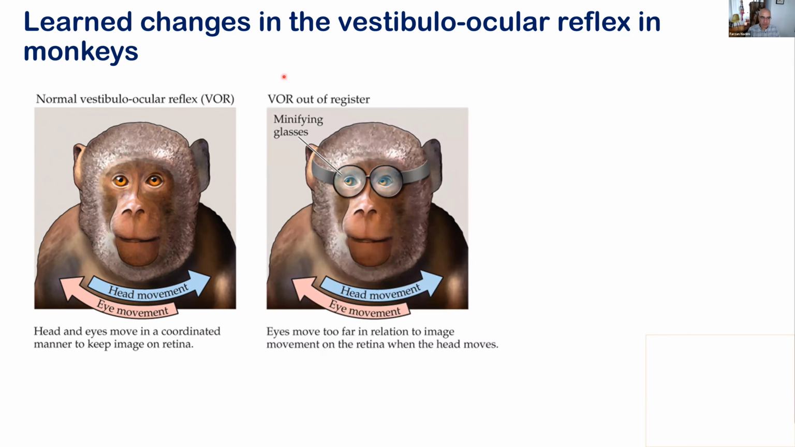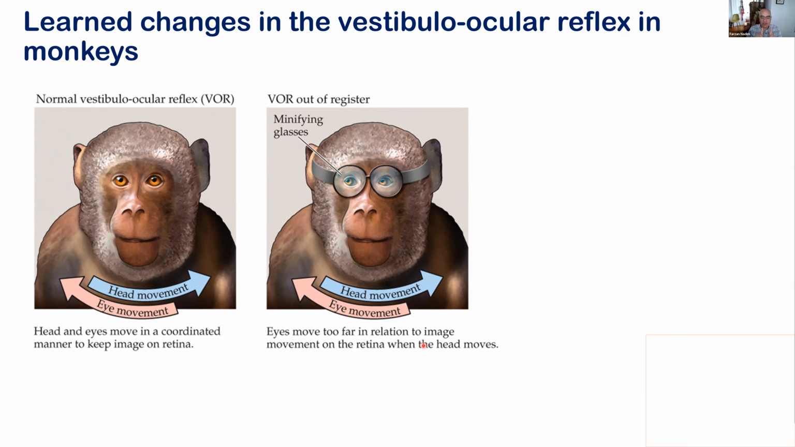And in an animal that is normal, you can put a pair of glasses known as minifying glasses. So if you know what magnifying glasses are, minifying glasses are the opposite of that. So when the animal is moving their head, the field that they see in their vision is moving more than they expect. So the eyes move too far in relation to the image. Okay, so,